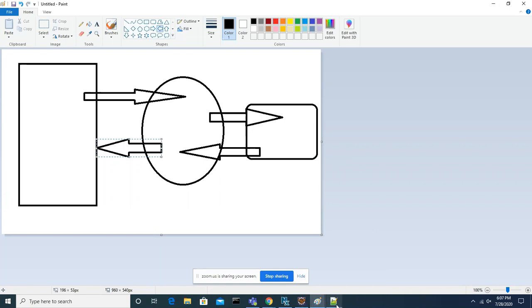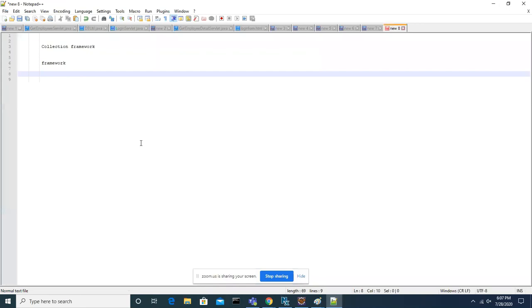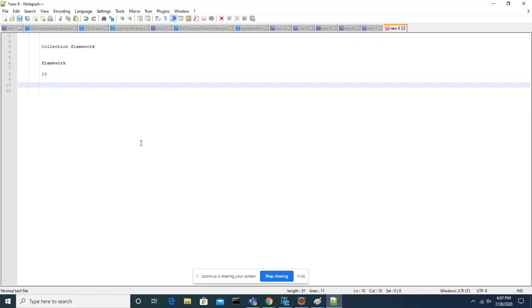So how do we store data programmatically? Suppose in a program I want to store 10 as a value. How to store this 10, guys? Tell me programmatically. Take a variable. Yes, a simple variable. So what is a variable? A variable is a temporary memory location. We use a variable to allocate temporary memory to store any data.